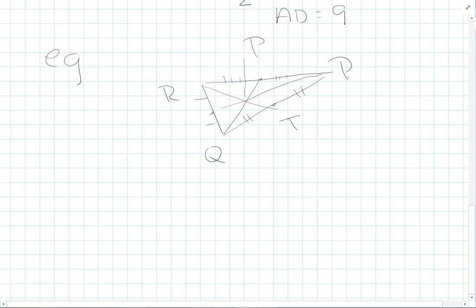Okay, so if I give you the information that the length of line segment PT is 5, how am I going to find RT and RP? So I know this line segment right here is 5. Notice that that is not the section of the whole median that's coming right out of the angle. So I'm going to switch this up for you a little bit. I know that PT is 1/3